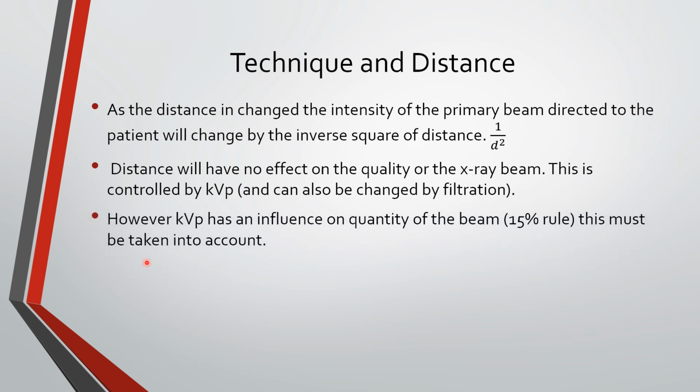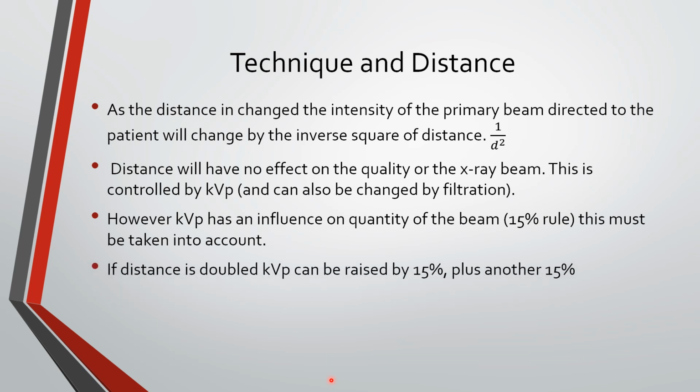However, kVp has an influence on the quantity of the beam, which we talked about in the 15% rule. This must be taken into account. If distance is doubled, kVp can be raised by 15%, right? Plus another 15%, right? Because we need to go up 4 times. Or it can also be done by a combination of the 15% rule and doubling the mAs. So we can raise the kVp by 15%, and we can double the mAs, and that will be effectively the same as